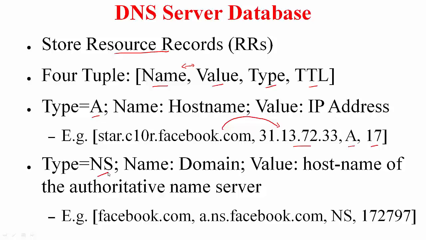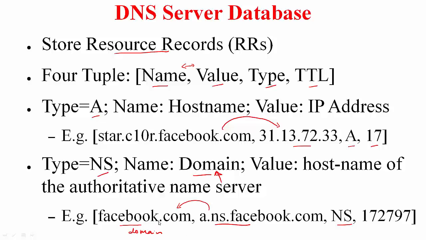Type NS refers to the name server. In this case, the name refers to the domain and this value is the host name of the authoritative name server for this particular domain. For example, this is a type NS record. So this is the domain name and